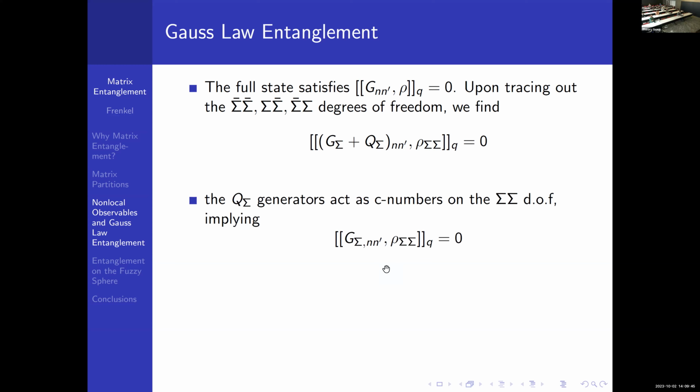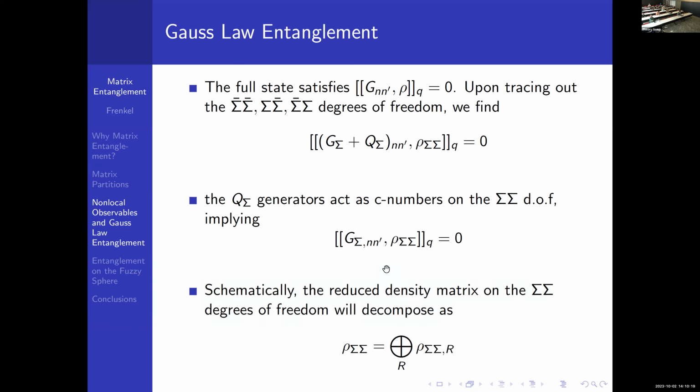And the Q sigma is entirely built out of the off-diagonal blocks, and so they only act on the Hilbert space corresponding to the sigma sigma bar degrees of freedom. So they'll act as C numbers on the sigma sigma degrees of freedom. And this implies that, so we get commutation with Q sigma for free, and this implies that rho sigma sigma must commute with G sigma. Just the X sigma sigma, pi sigma sigma commutator, just built out of the upper left diagonal block degrees of freedom. And schematically,